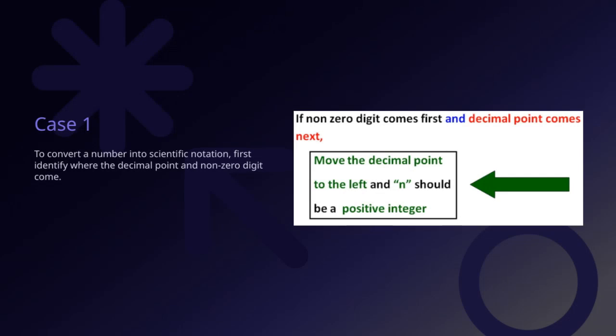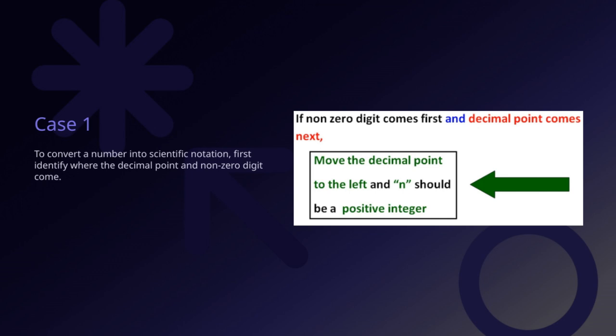To convert a number into scientific notation, the first step is to identify where the decimal point is and where the non-zero digit appears. This is crucial because the position of the decimal determines how we express the number in a more compact form. Let's look at case 1. Here, we focus on numbers where the non-zero digit appears after the decimal point. For example, if we have